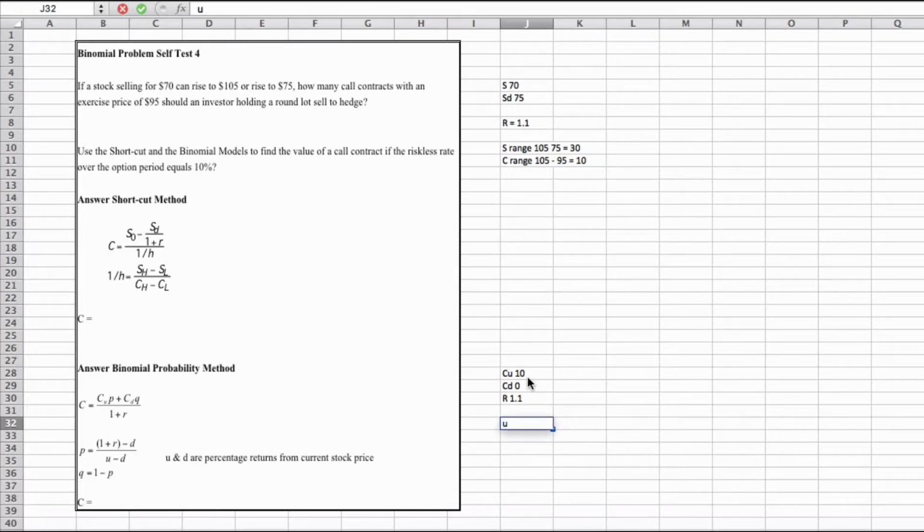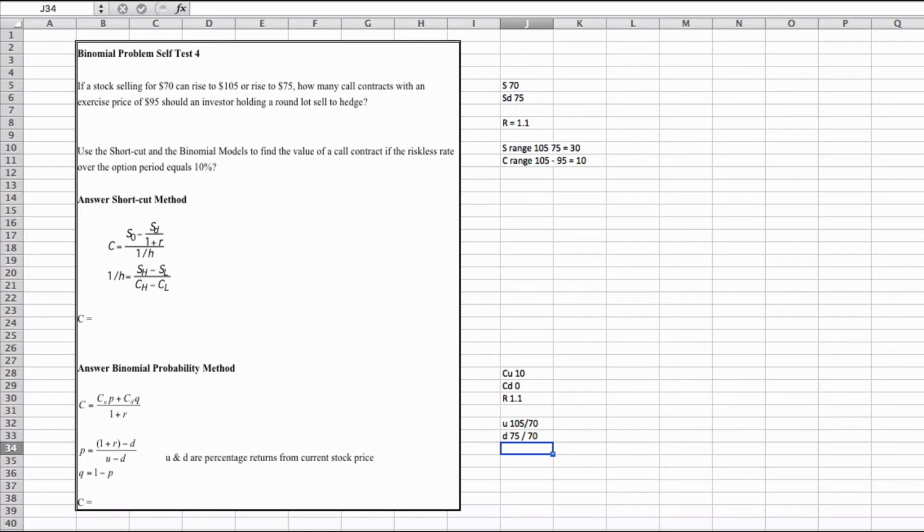up would just be, well, how high does it go? 105. Where did it start from? 70. Down: how low does it go? 75. Where did it start from? 70. And with that, you could then put all this information together and solve for the binomial probability method,